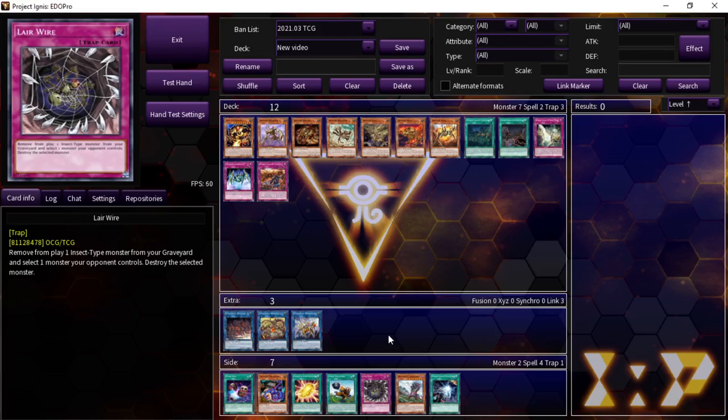It hasn't got its text yet, where it's problem solving card text, but I'm sure that if and when it does, it's going to read, banish one insect monster from your graveyard. That's the cost. Or banish, and target one, I guess. Banish one insect monster from your graveyard and target one monster your opponent controls. That's the activation requirement. And then destroy that target is the other one. Alright, so